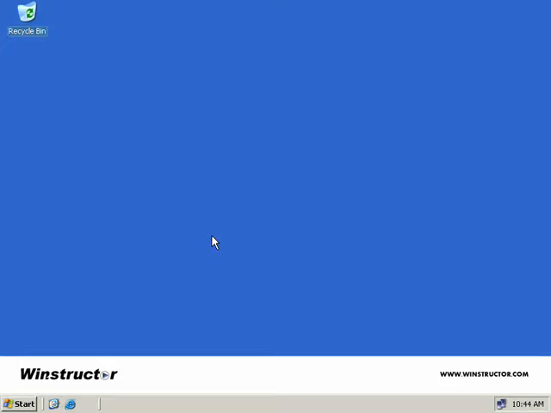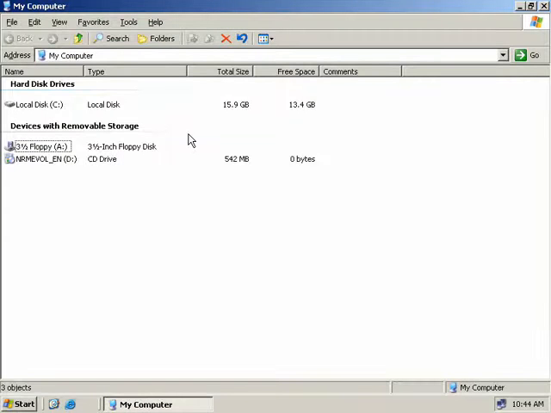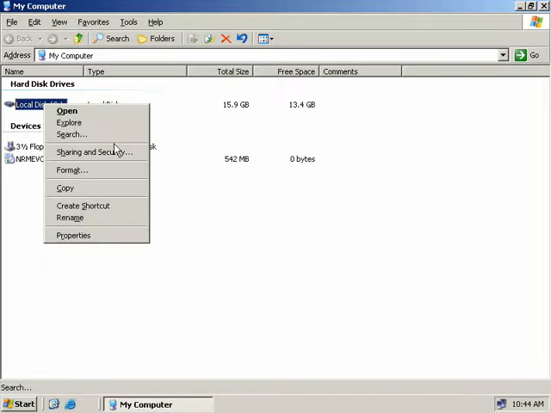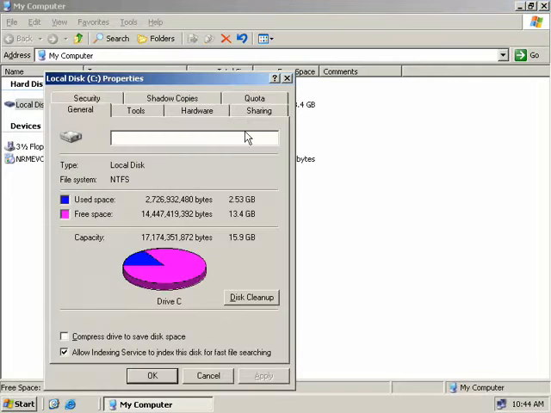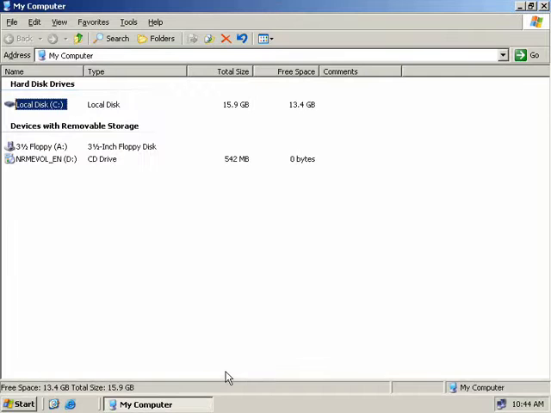Now using the first way, we'd simply click on Start and open up My Computer. Locate the drive in which you want to configure quotas. In our case we'll use our C drive as we don't actually have any other drives, so we'll right click, we'll select Properties, and then we'll choose the Quota tab. Now I'm just going to cancel out of this